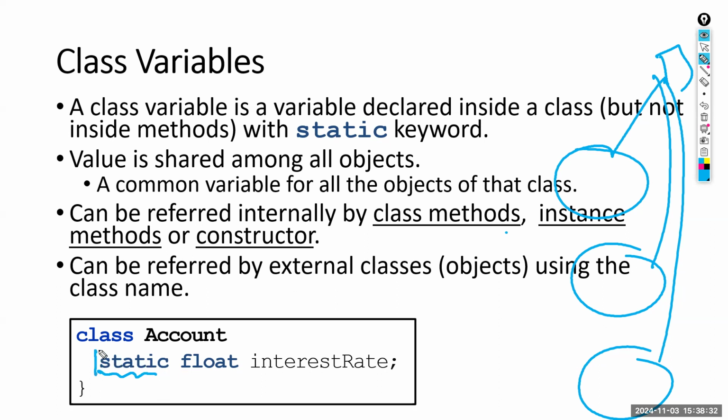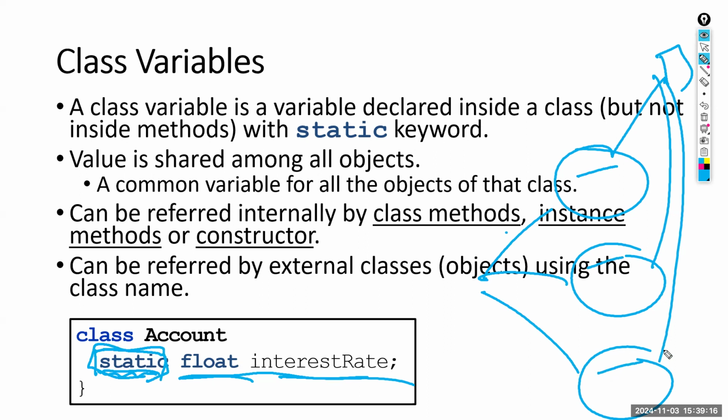The only thing is that now you use the static keyword before the variable. Earlier it was just a string account number, float or double balance. But now static float interest rate. That means interest rate is a static variable. Why? Because there's nothing called your interest rate, my interest rate, and another interest rate. If you have a particular savings account and I have the same savings account and Nimal has the same savings account, we all have the same interest rate.